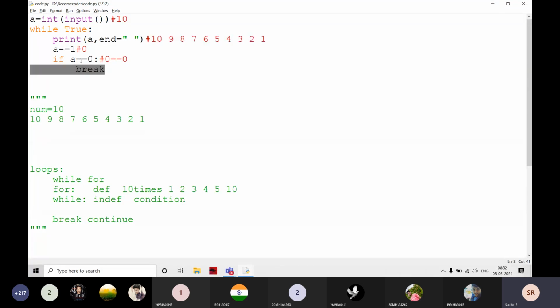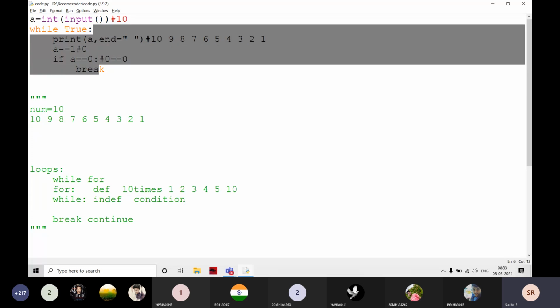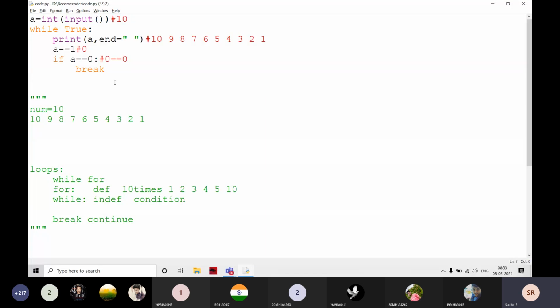When you are writing any condition and you don't know exactly where to stop, definitely I write an infinite loop every time. I go inside the loop first of all, and then I check where I have to stop. Just simply, one breakpoint is there. If the number reaches this breakpoint, I have to stop. How do I stop? Just simply using the break statement. In this way, we stop the loops.